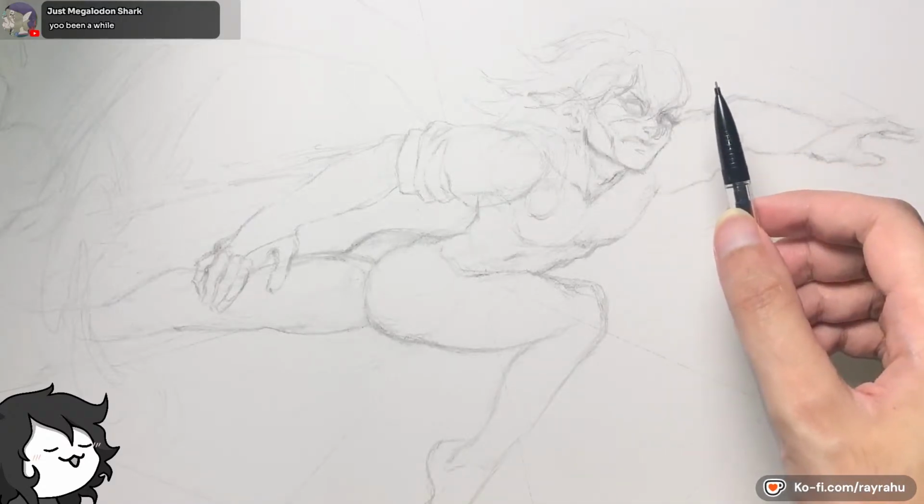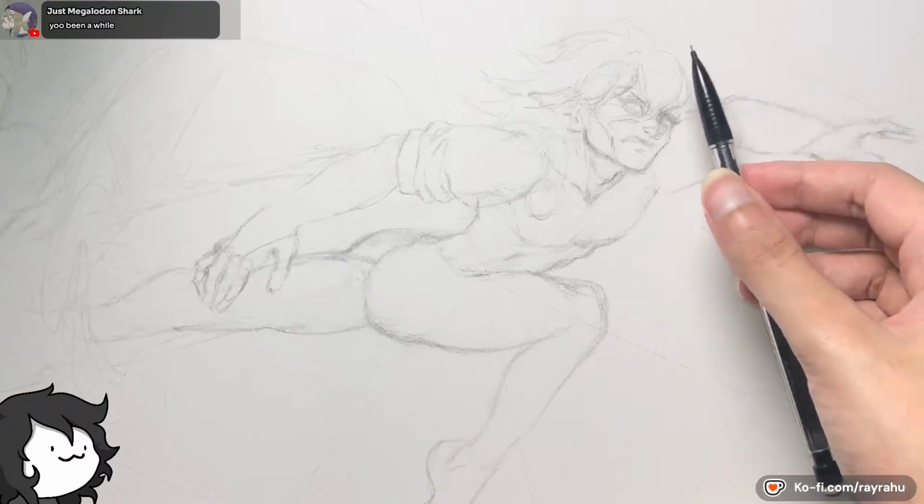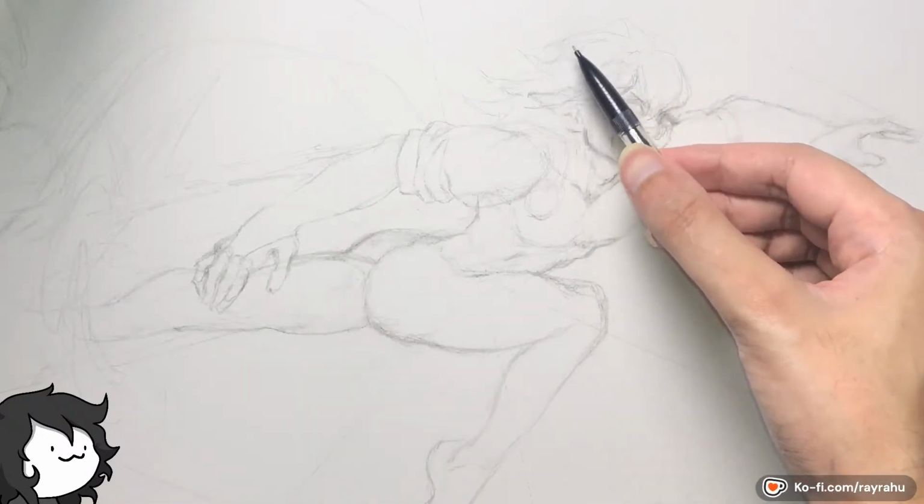Hello, Just Megalodon. How you doing? Sketching out a commission.